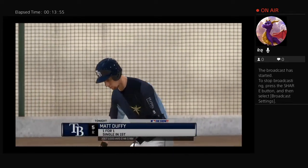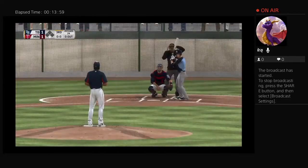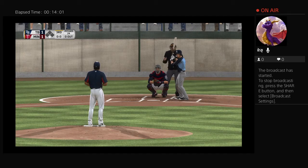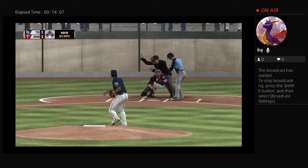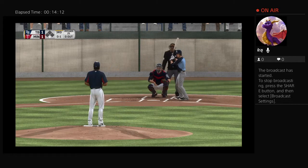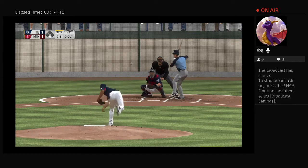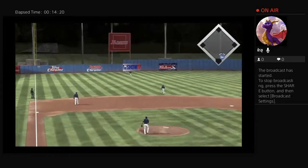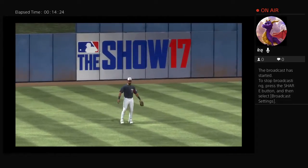Digging in to try it again, Matt Duffy. He'll go to work trying to do something about breaking this 1-1 tie. Duffy takes a look at a strike over the inside corner. The windup and the 0-1. Line drive to left. But he'll hardly need to move out there in left as this is hauled in for